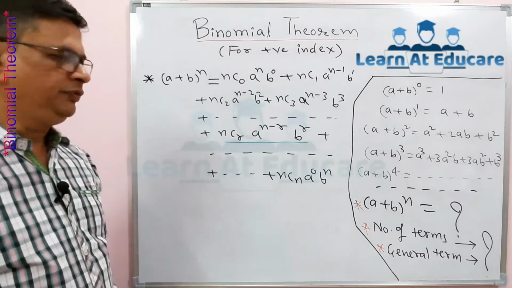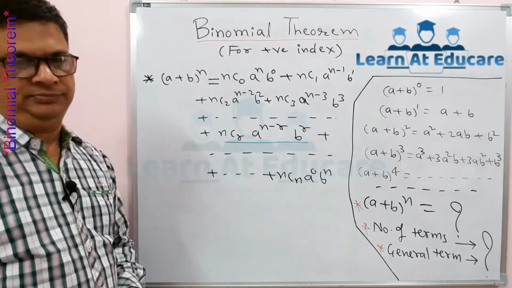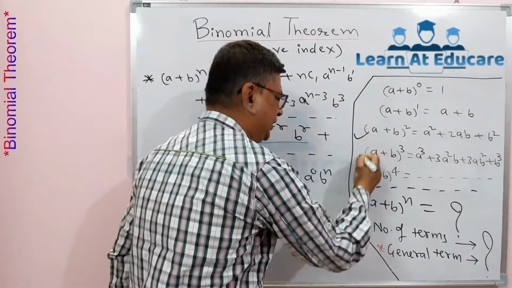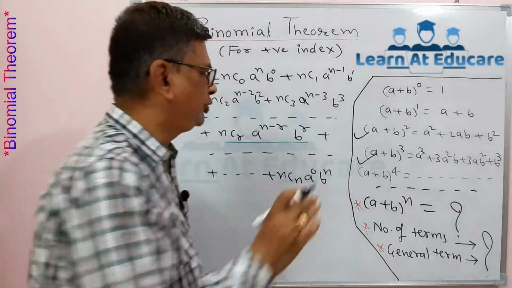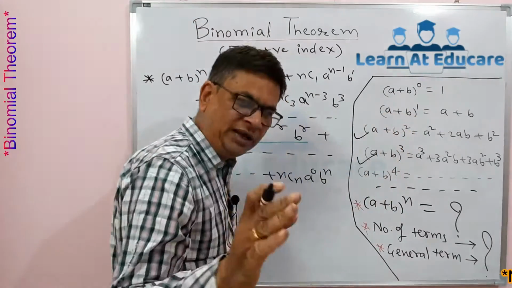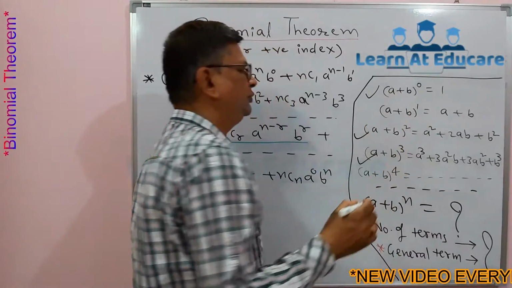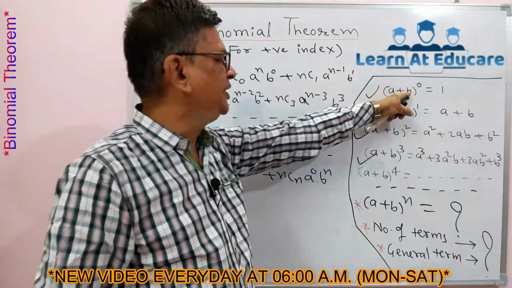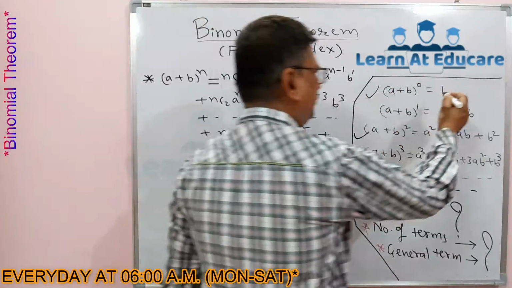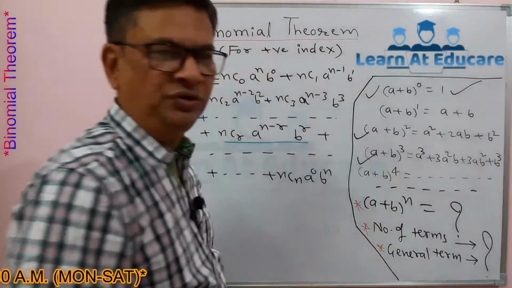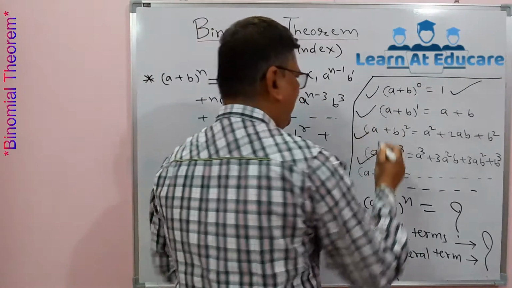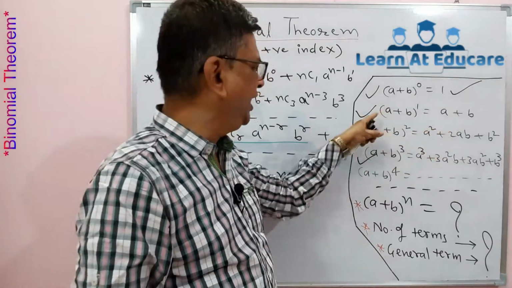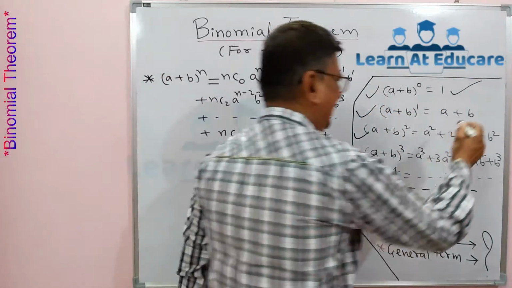Do you know we have expansion of brackets, especially we require (a plus b) square and (a plus b) cube. But do you think before that 2 it is 1, before that 1 it is 0, then why not we can have (a plus b) raised to 0 also. And we know any number raised to 0 is always equal to 1, means (a plus b) raised to 0 is 1. Similarly, if any bracket or any term raised to 1 means it is itself, so (a plus b) raised to 1 will be only a plus b.